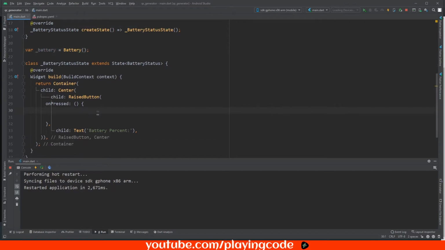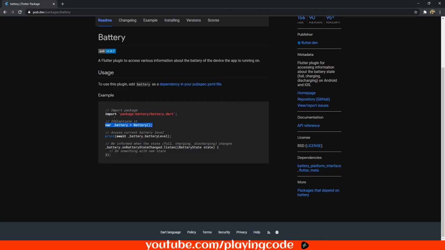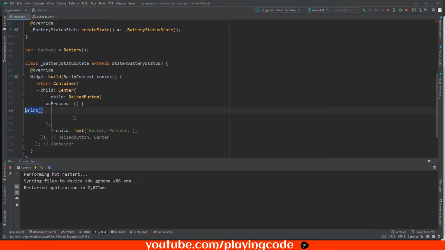Okay, now I'm going to print this battery level, but it is going to be a future, so obviously I'm going to get an error which I need to fix by typing out async in order to get rid of this error.